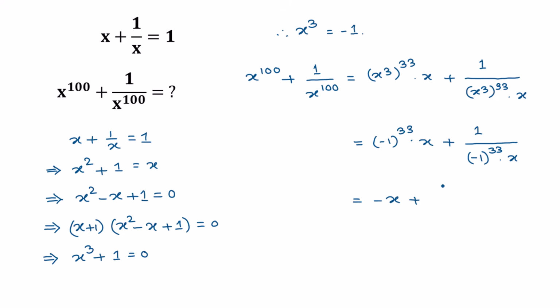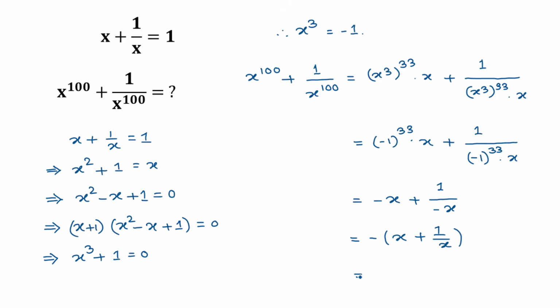plus this 1 over, similarly negative 1 to the power 33 is negative 1 times x is negative x. And taking common negative 1, we can write negative of this x plus this 1 over x